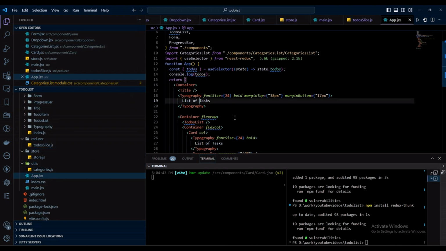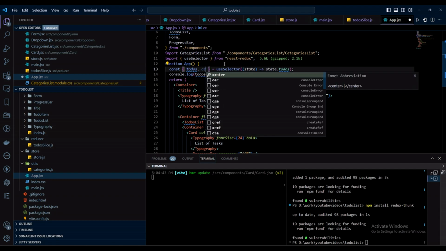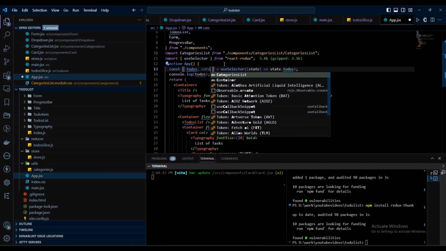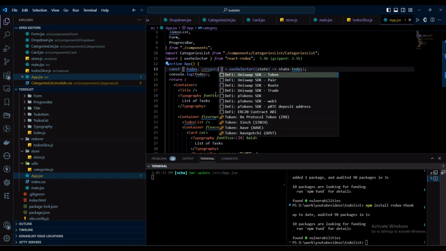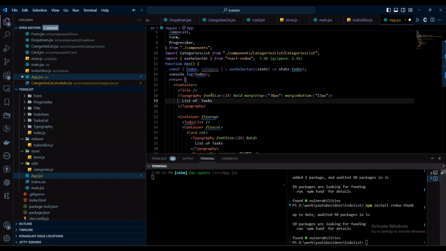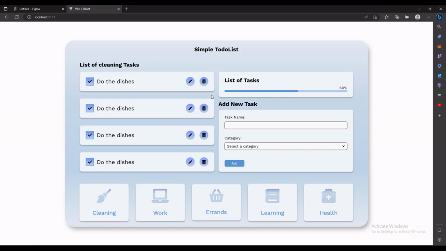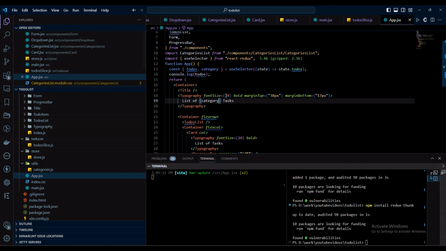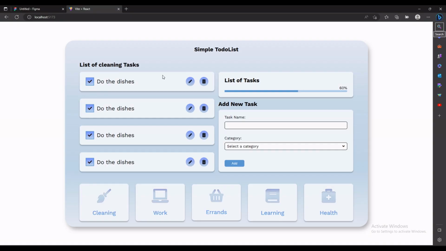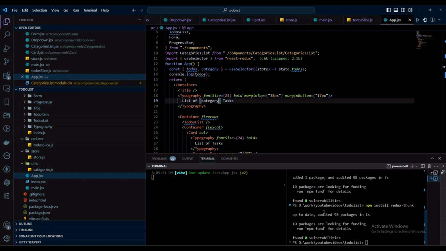And to test this out, we're going to go to the app, list of tasks, and I want to get category here, and let's add it here. Category. So category, clean category, work category, errands,